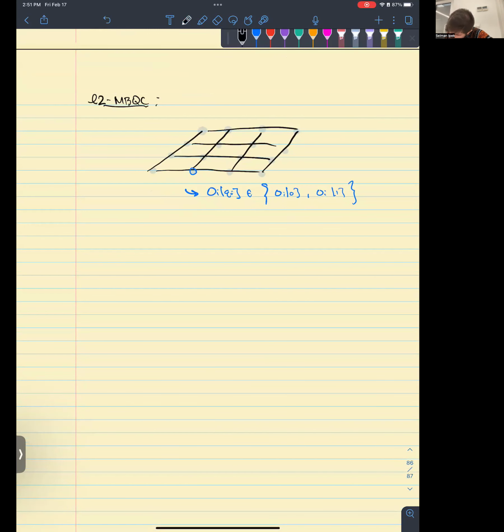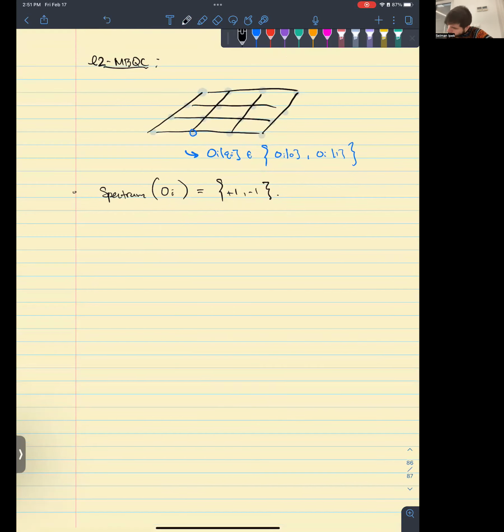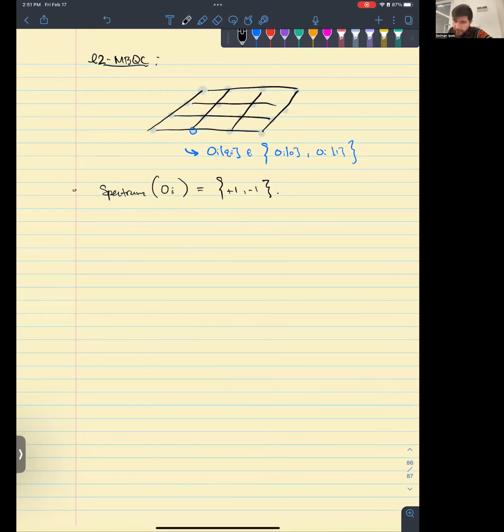And generally, we want to think of the spectrum of these measurements, so the eigenvalue spectrum of these measurements, as being perhaps like this, +1 or -1. We will restrict ourselves to binary outcome measurements that we can take to be plus or -1. And so there's a few ingredients for this MBQC. So you have this input vector,